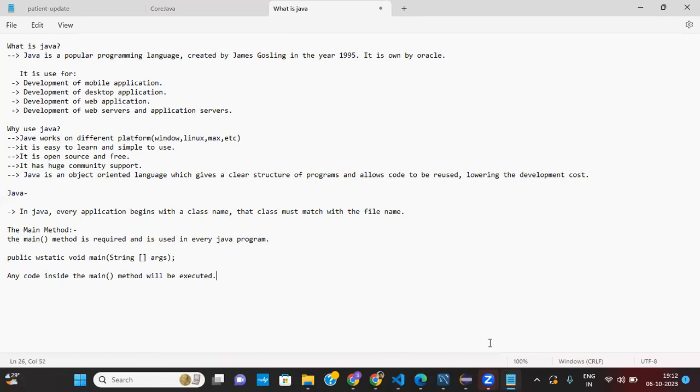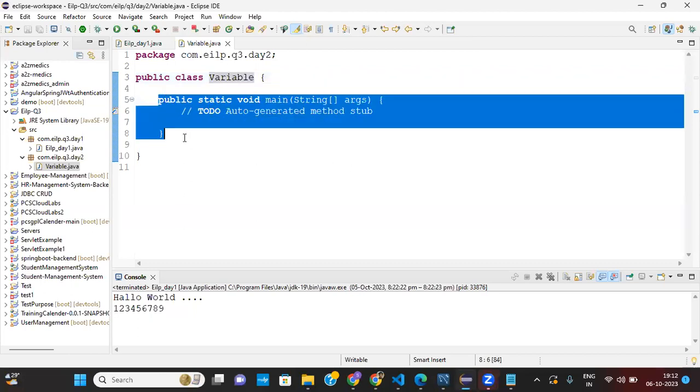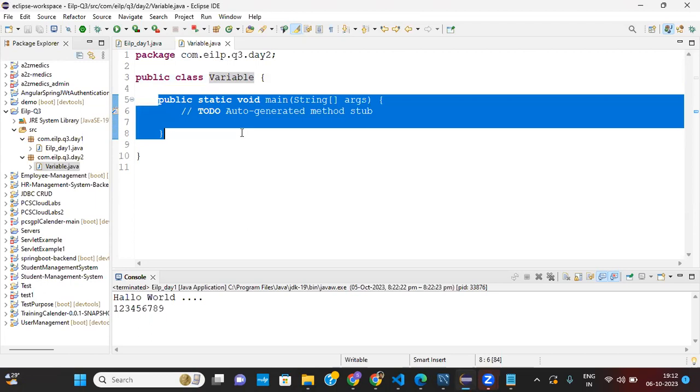So let's say I have this variable. If we just remove this, this is the main method, public static void main.